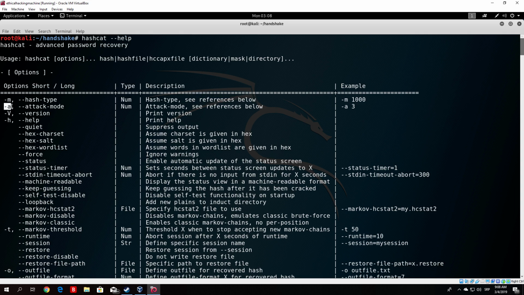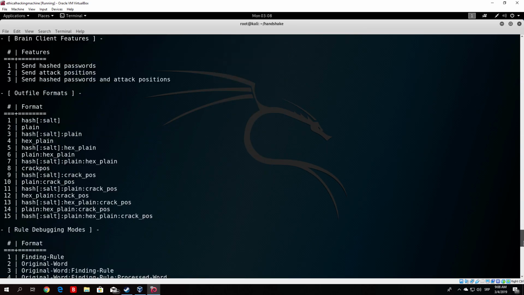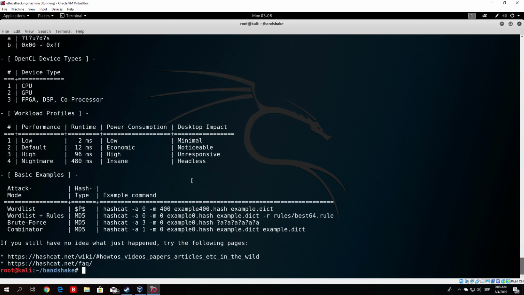And we will use the attack mode, which is -a, I believe, used in order to specify how fast you want this attack to go. Now, they have some examples down here. This is for the -a, which can go from 1 to 4. So attack mode can go from low to nightmare, and I wouldn't really recommend using the 4 option right